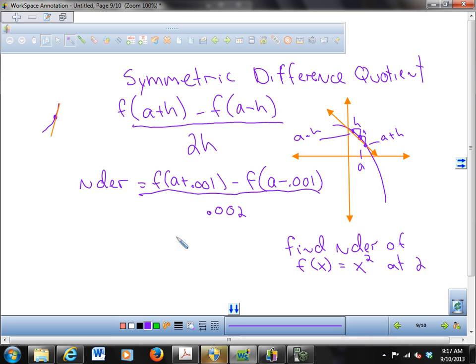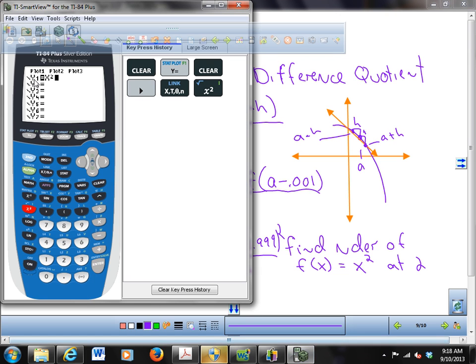So what your calculator is doing is going 2.001 squared minus 1.999 squared over 0.002. So the way you do that, okay, first you plug in y equals x squared, then you go to